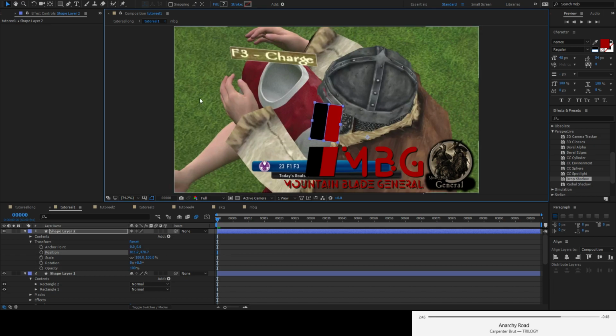And the way that we want to use a mask, you could just think, oh, I'll just pick the rectangle tool and then draw a rectangular mask on my shape layer, and it will look fine. But we can't do that, and I'm about to show you why. First,